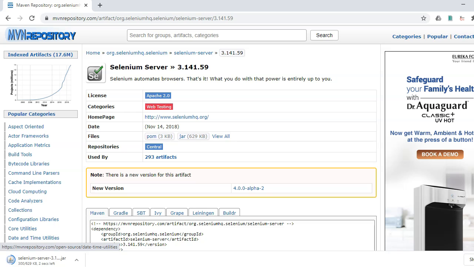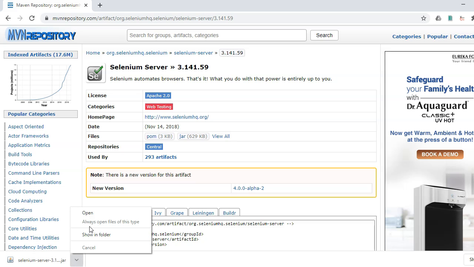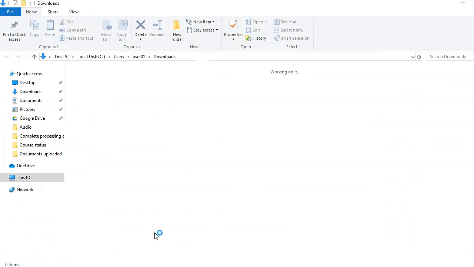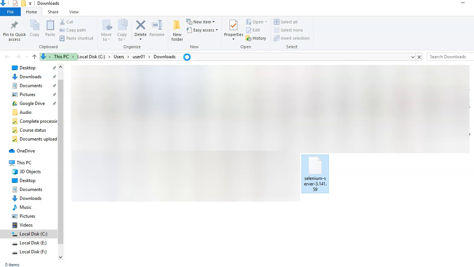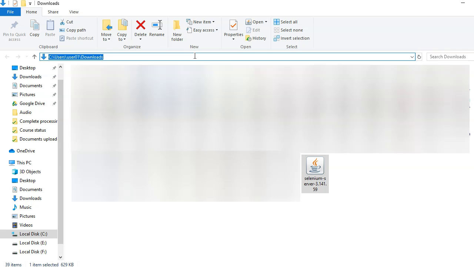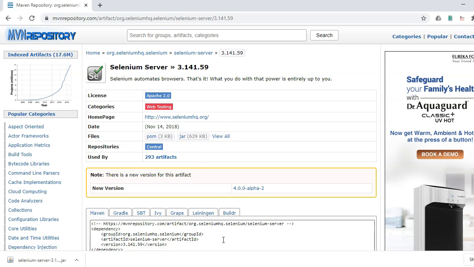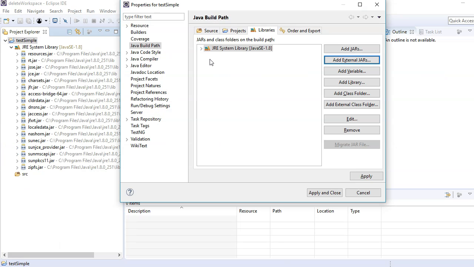So you will see that the jar is automatically downloaded. Just keep it, show in folder, let it download. Okay, once it is downloaded, you will see that under this path the jar will be present. Okay, so I will just go to my Eclipse.